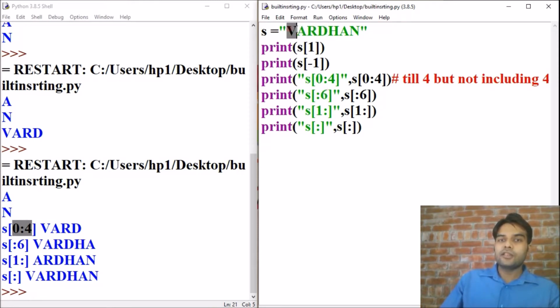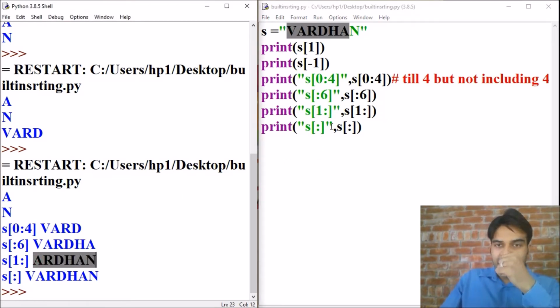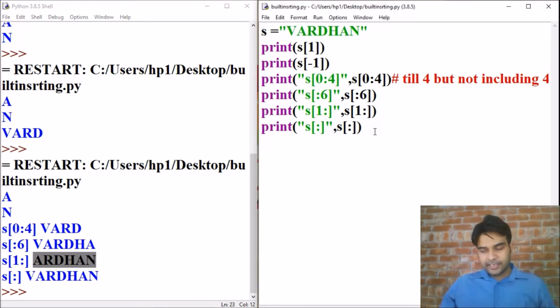So 0, 1, 2, 3, 4, 5. From 1 to end, it will start from A, index 1. And if both starting and ending are not defined, then we just write a colon. So this is the working of slicing with positive index.